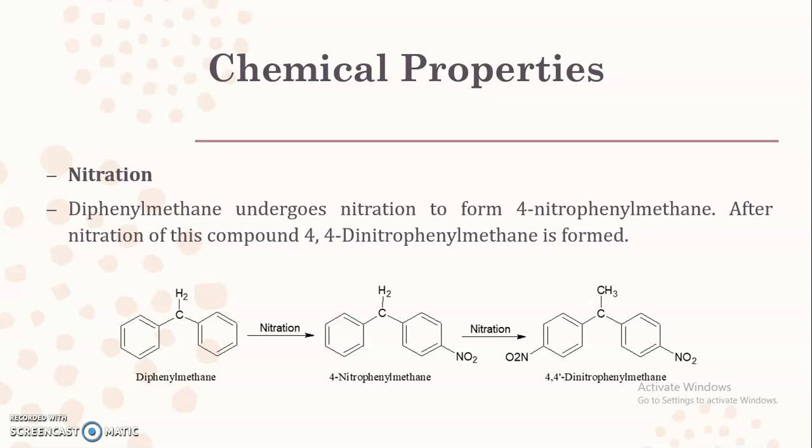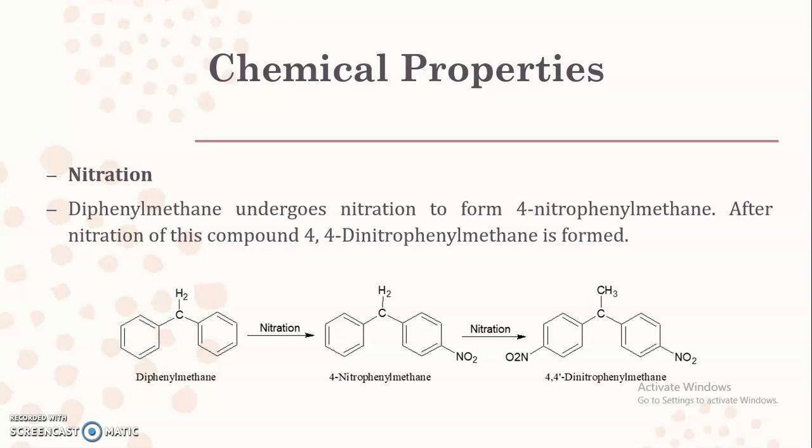We know that in electrophilic substitution there are three different steps. The first step is the formation of the electrophile. First the reaction between nitric acid and sulfuric acid takes place, which leads to the formation of the electrophile, that is the nitronium ion. In the second step, this nitronium ion attacks the aromatic compound, diphenyl methane. And in the third step, the loss of a proton takes place, which leads to the formation of our final product, that is